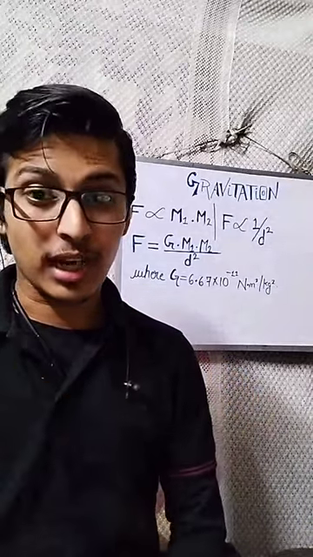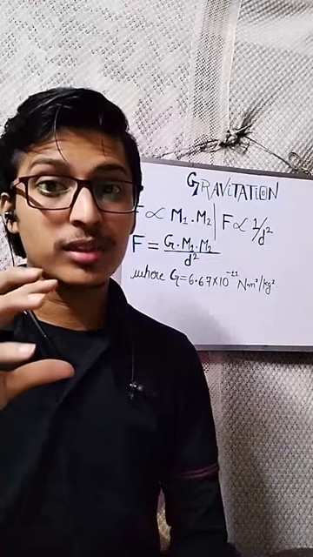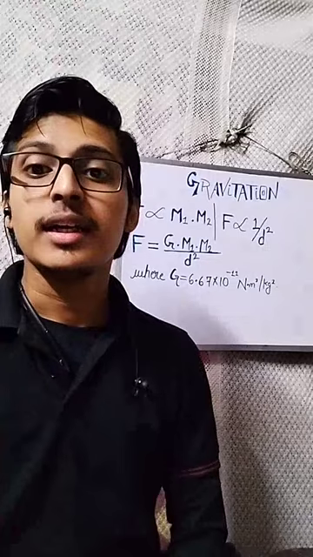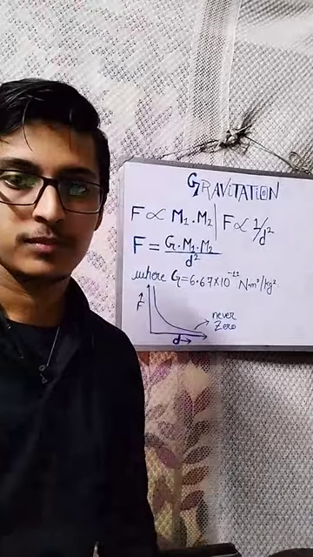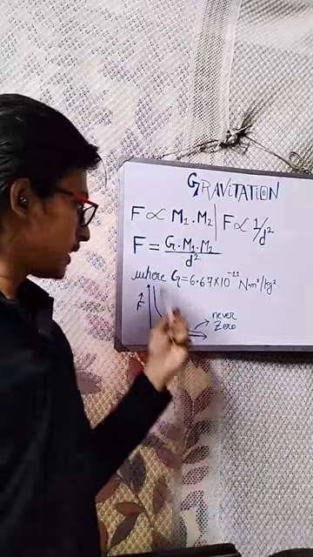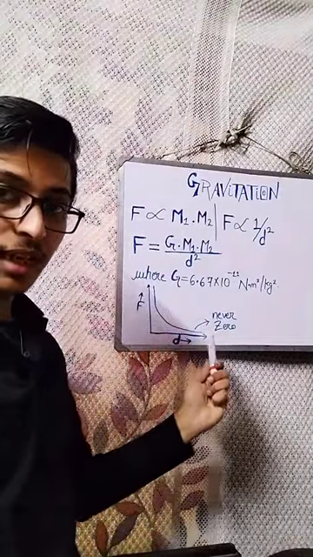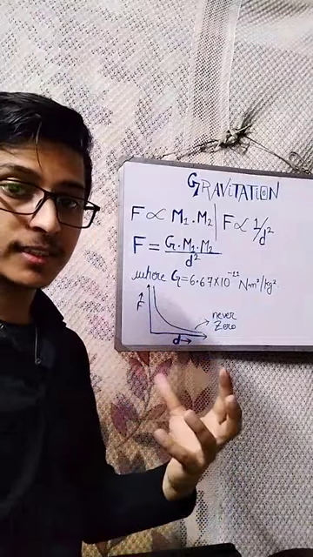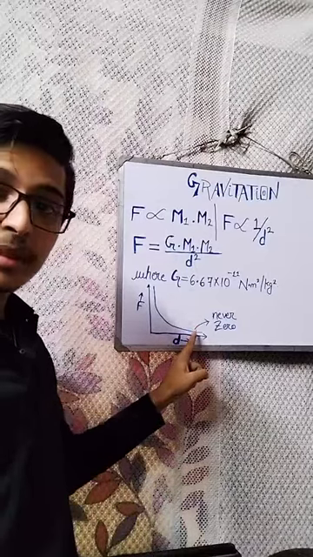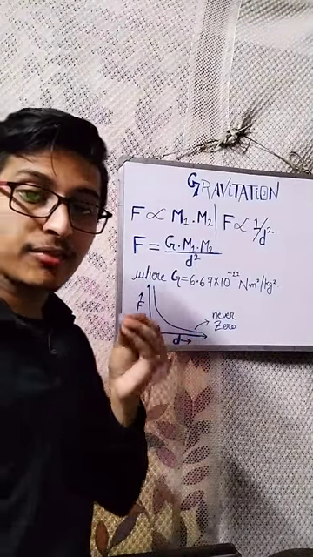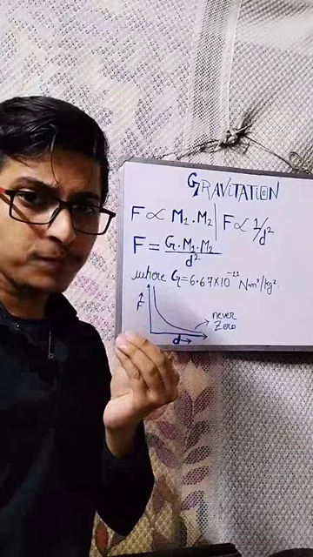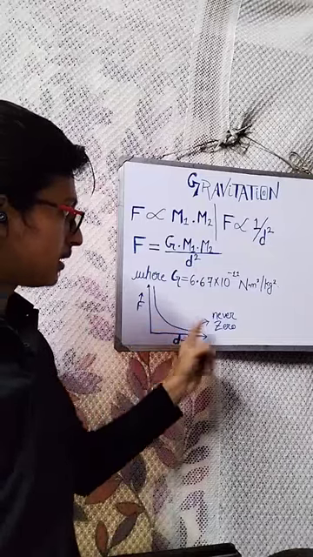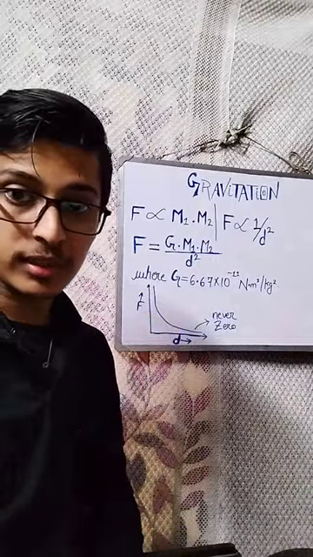Let me show you a graph to demonstrate how the square of the distance between the objects affects the gravitational force. See students, this is the inverse graph of how gravitational force gets affected along with the distance. You can see it never becomes zero, right? The value can get infinitely small, but it never becomes zero. It varies by the square of the distance between the objects.